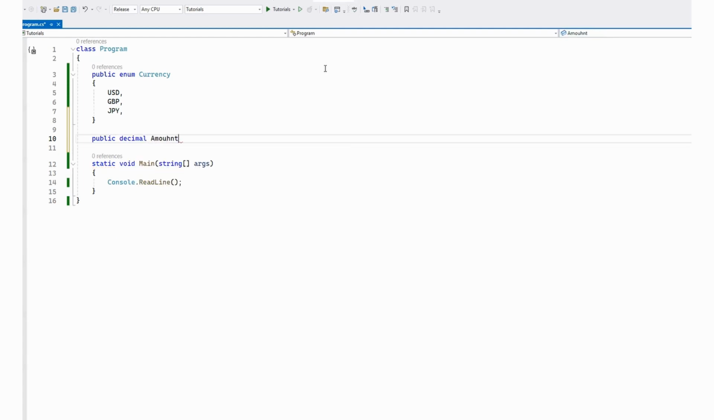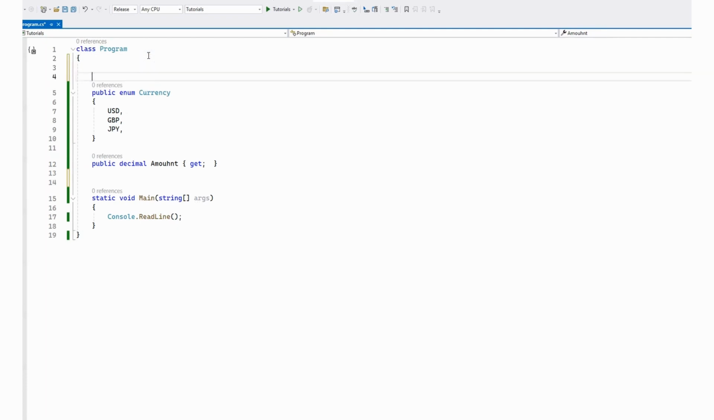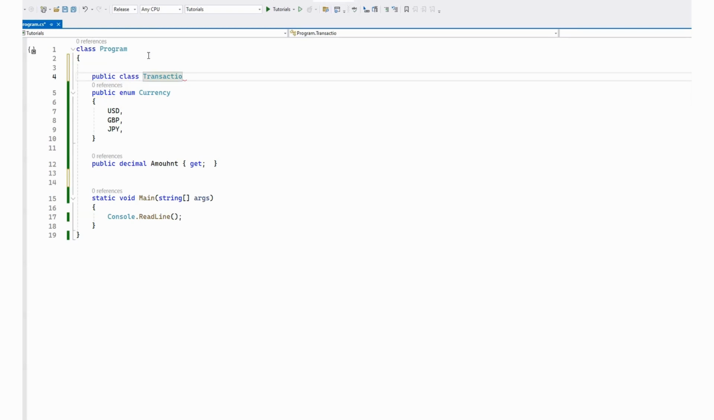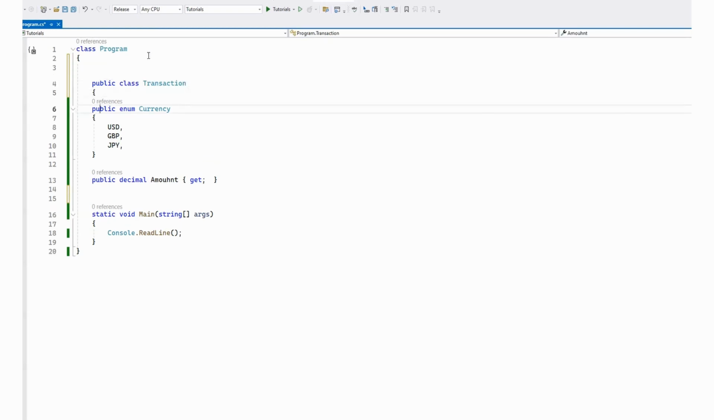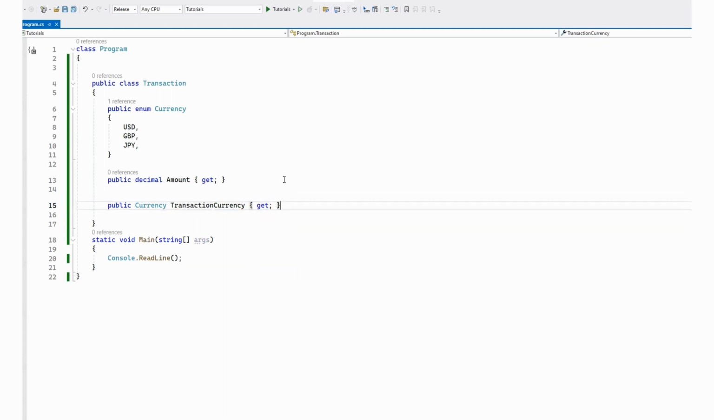and I'm going to create a decimal which is called Amount, and it's going to be get only, and then we're going to have the transaction currency in our class, which I didn't create yet. Class Transaction, and this is obviously Amount, and we're going to go public Currency TransactionCurrency. Again, we're going to have a get only,